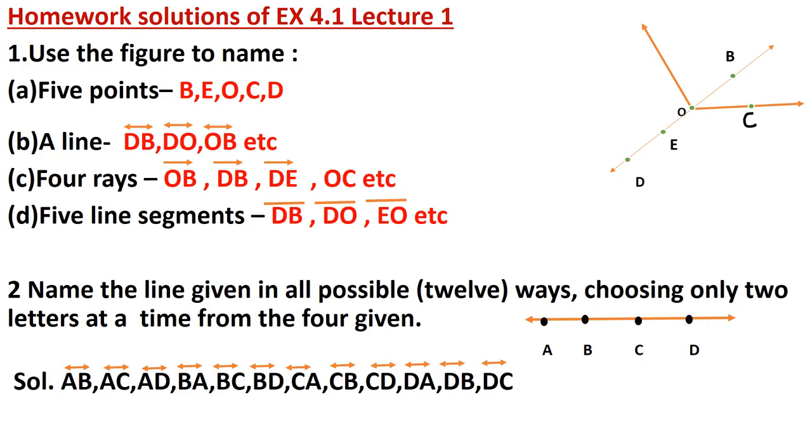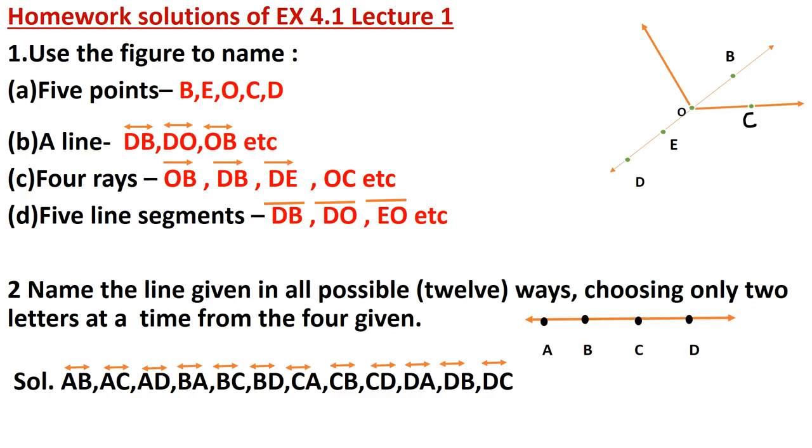Now see adjacent vertices. Adjacent vertices are the endpoints of the same side of the polygon. Take any one side. Let it be AB. AB is one side. What are the endpoints of this? A and B. So A and B are the adjacent vertices. Isn't it easy? Now take one more side. I am taking DE. What are the two endpoints of DE? D and E. So D and E are the adjacent vertices.